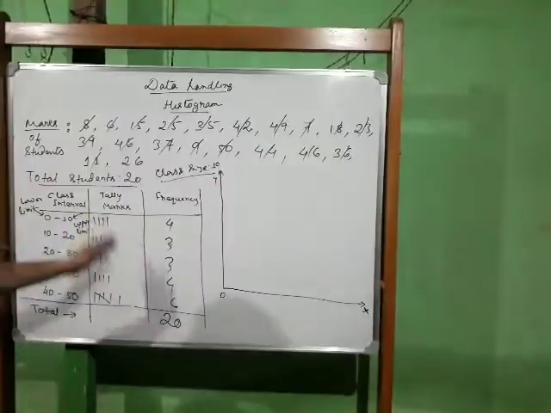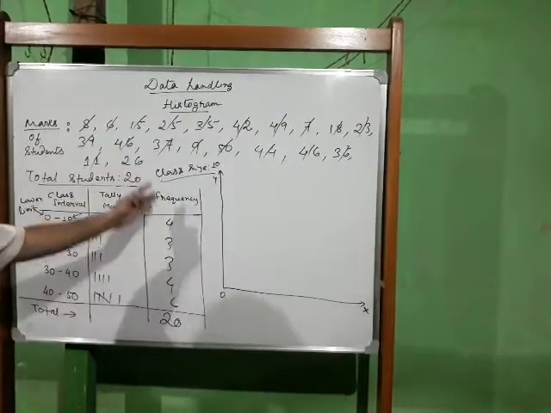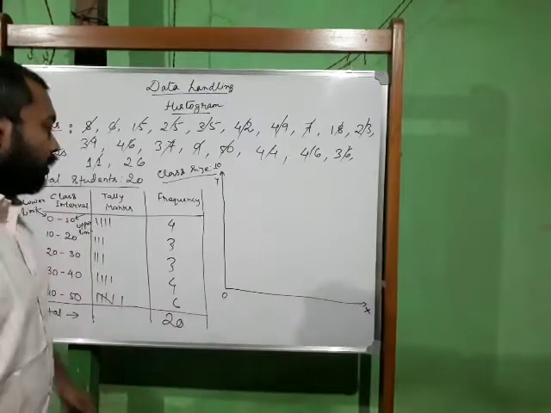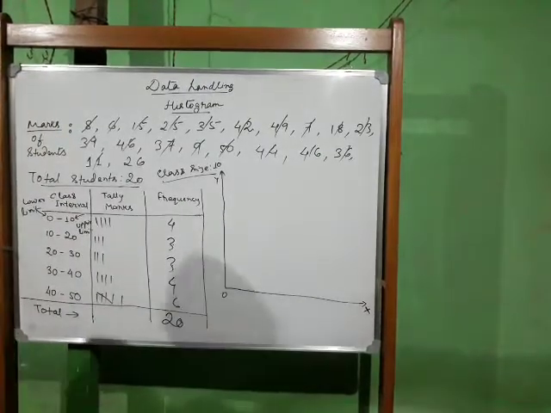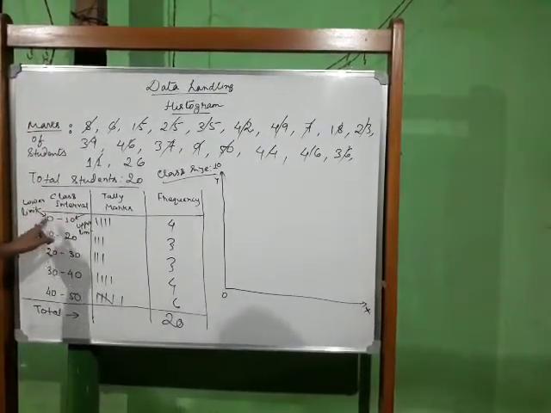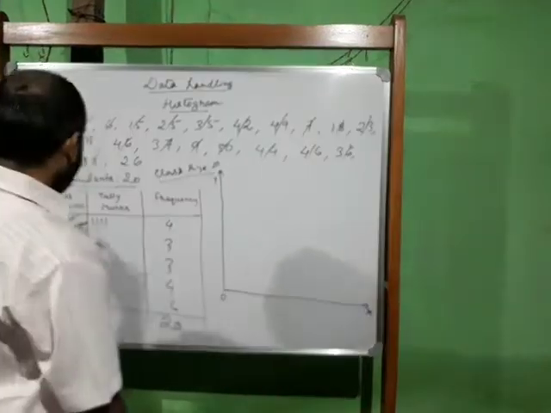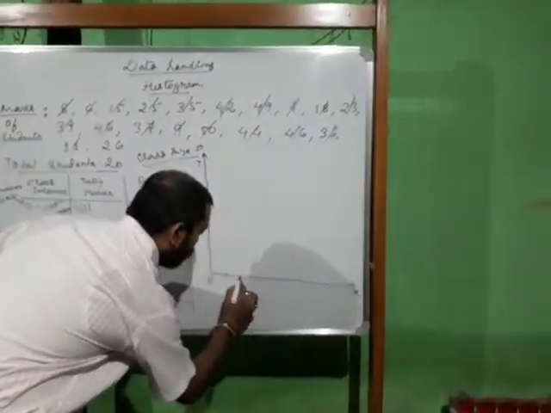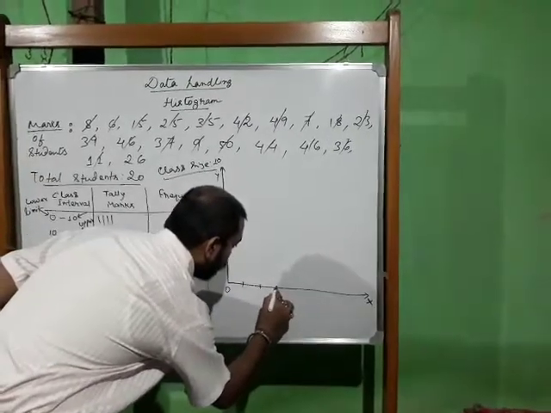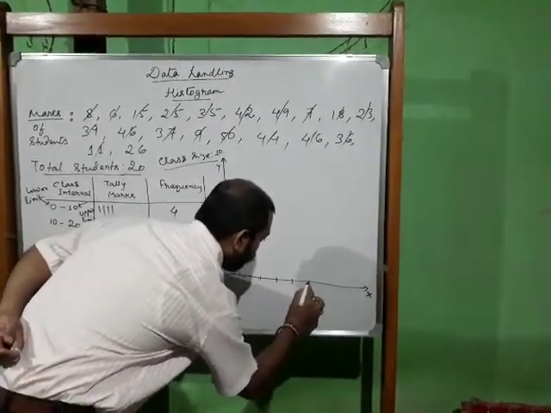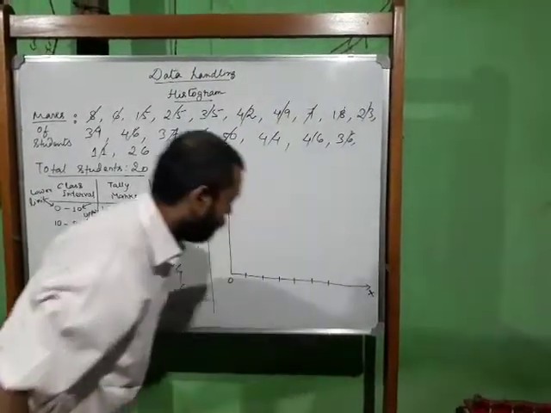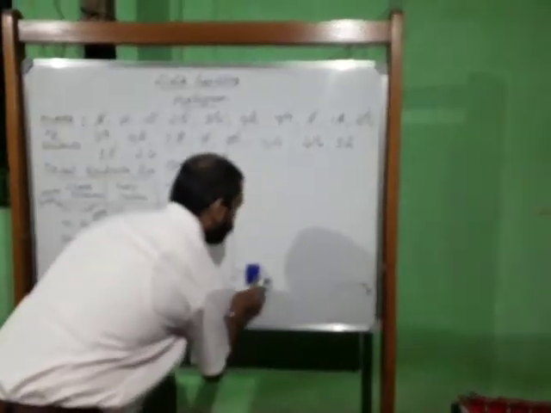So now we can plot this frequency, that is, we can make the histogram. Let us first make the class intervals, 0 to 10. So 0 we have already given, so you make divisions here: 0 to 10, then 20, 30, 40, 50, 60. Let me make the class interval small because the place is small here.